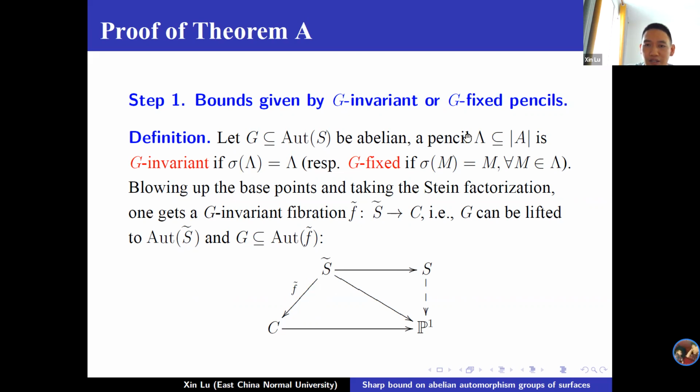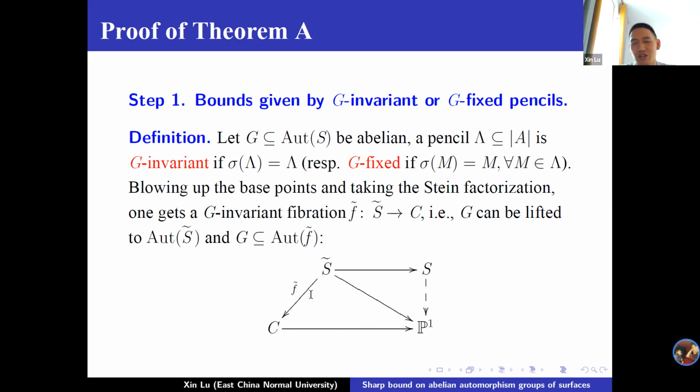And because this pencil is G-invariant, if you blow up the base points, this group G can be lifted to the S theta, and such that after this lift, this G can be viewed as a subgroup in the automorphism group of F theta. So from a G-invariant pencil or a G-fixed pencil, we will get a G-invariant fibration, and so that